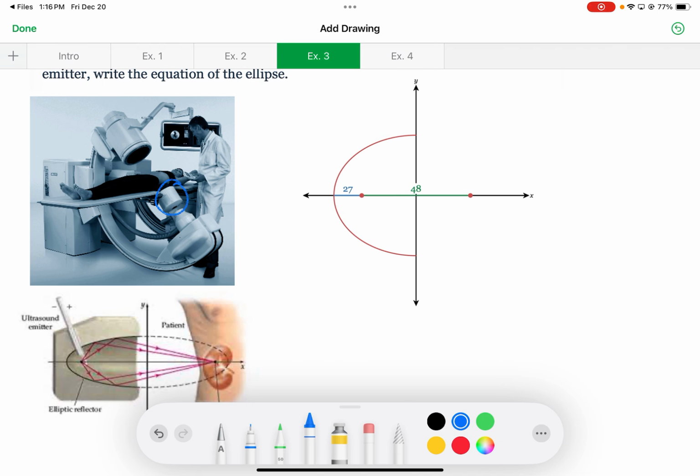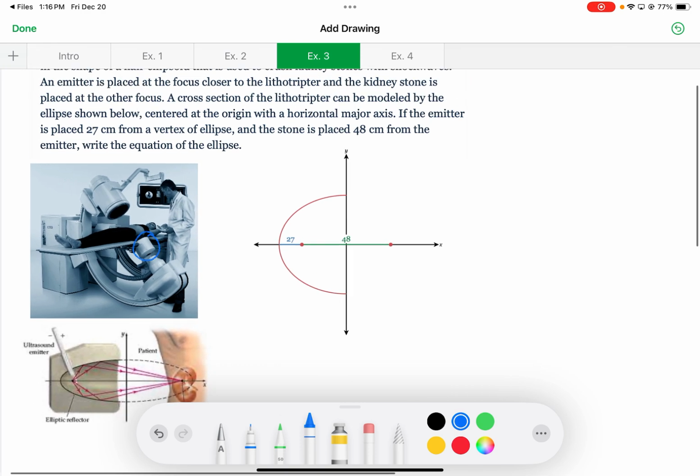That emitter is going to send out shock waves. Those shock waves are going to bounce off the inside of the ellipsoid. And then if you position the patient over here so that the kidney stone is right at the focus on the other side of the ellipse, then those shock waves are going to be directed right over to it and be able to break it up. Okay? And therefore, it would make it a lot easier to pass it and not be as painful, obviously. Okay? So in this situation,